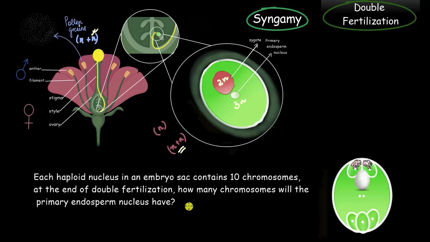Alright, so the question is asking about the number of chromosomes in the primary endosperm nucleus, and we know that it is formed by the fusion of three nuclei, of which two are female and one is a male nucleus, right? And the haploid female nuclei of the embryo sac